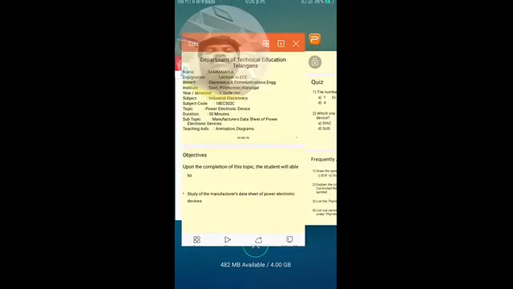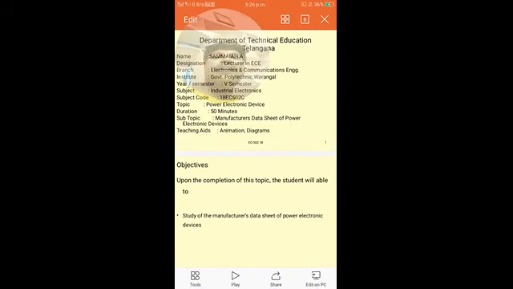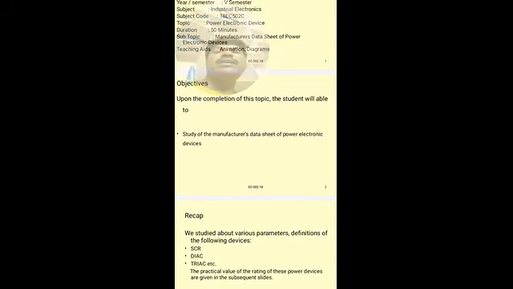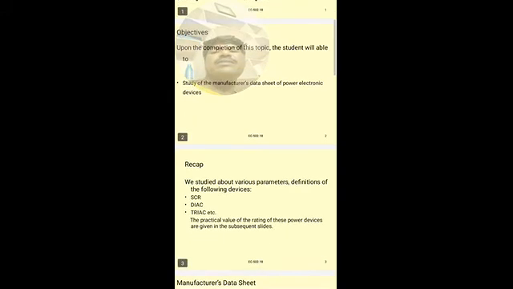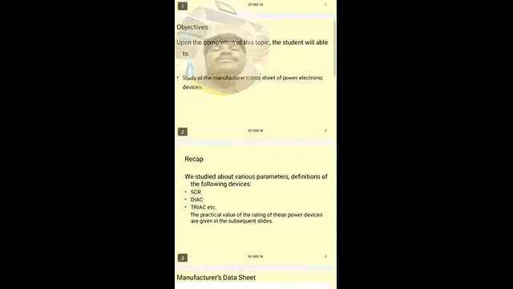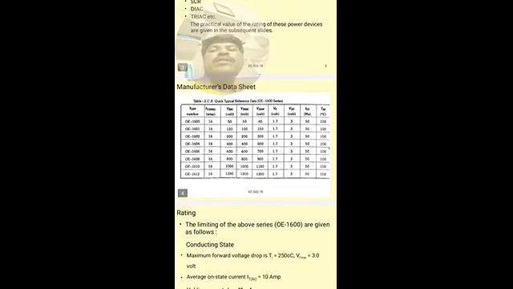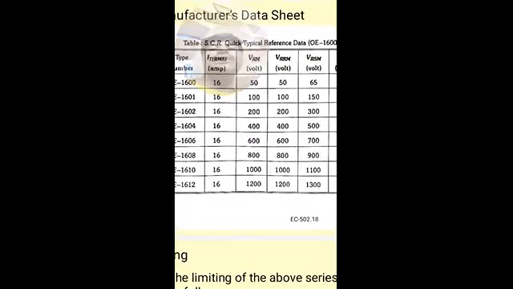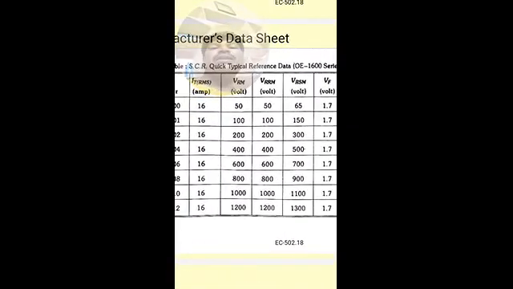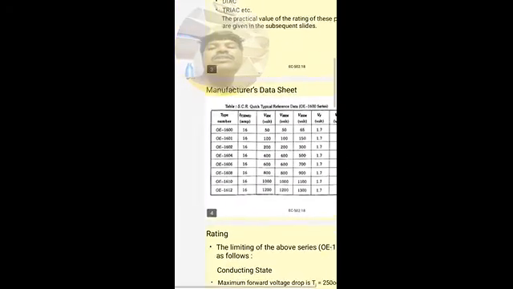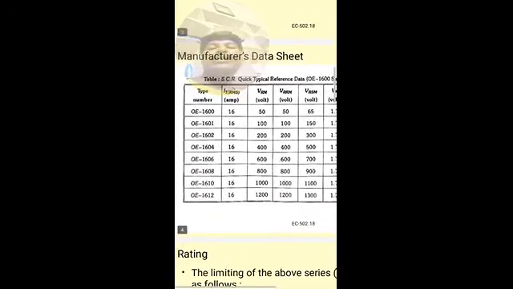And lastly, we will see some manufacturer data sheet of the power electronic devices. So the study after this is the manufacturer data sheet of power electronic devices. So this is the manufacturer data sheet of a typical OE1600 series type of thyristors. So as mentioned,